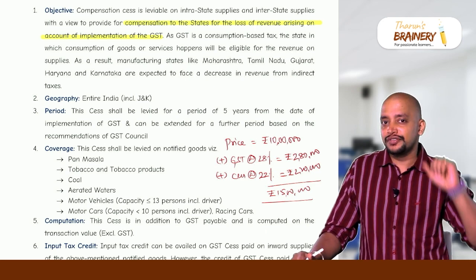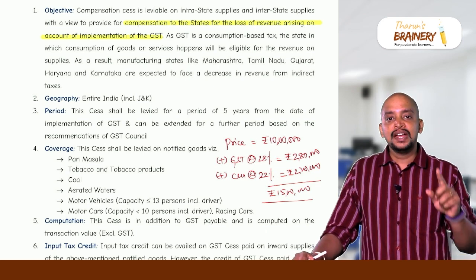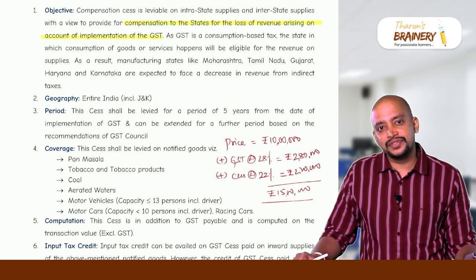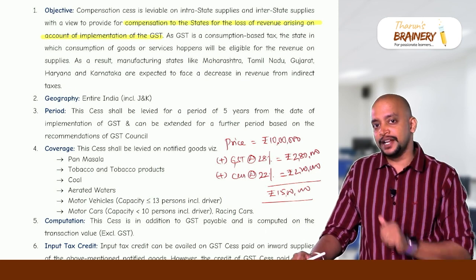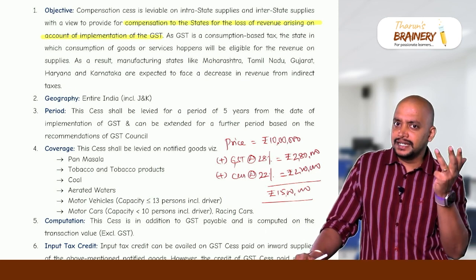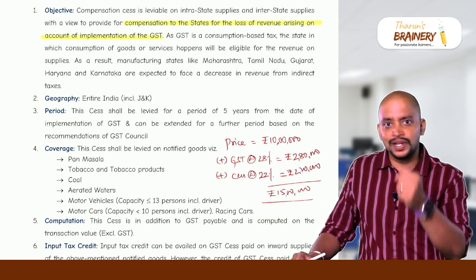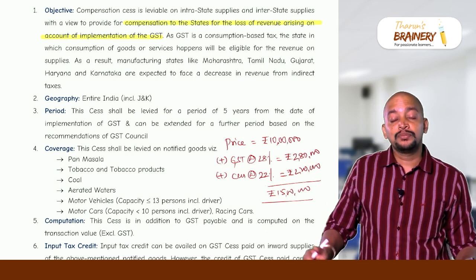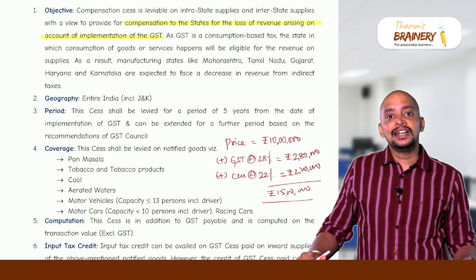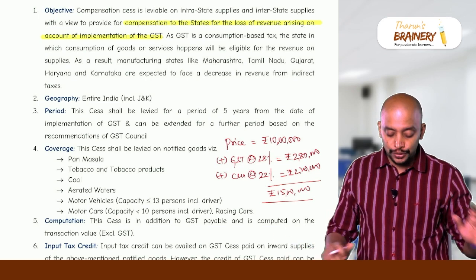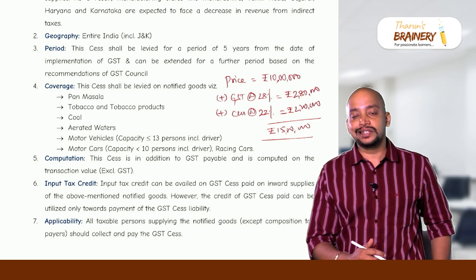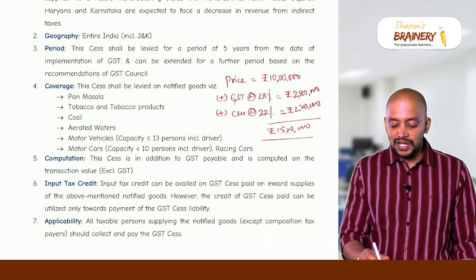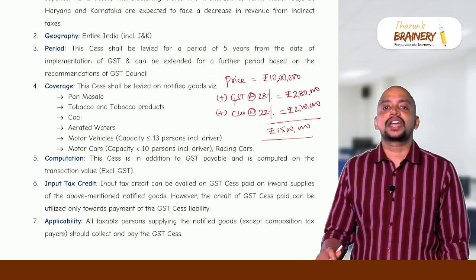And what is the period for which compensation cess is levied? What I said, 5 years from the date of implementation of GST. So what was the date of implementation of GST? 1/7/2017. From there you count 5 years: 18, 19, 20, 21, 22. Then it was over by 1/7/2022. Yes, it was over, but it got extended. It got extended for a further period, because I told you the period of levy of compensation cess is 5 years from the date of implementation of GST, and can be extended for a further period based on the recommendations of